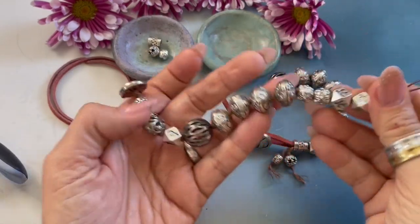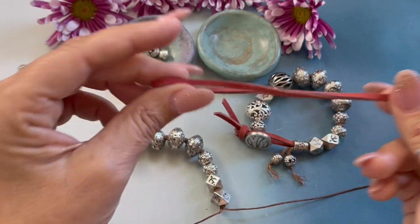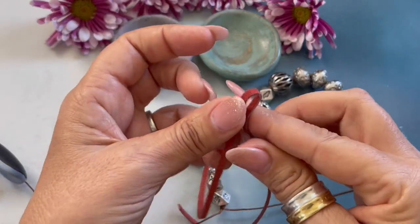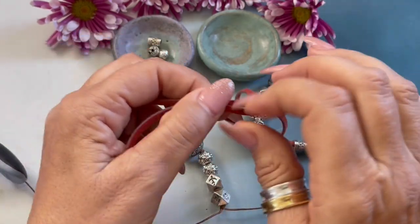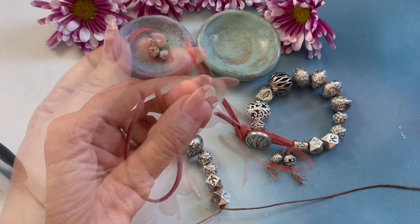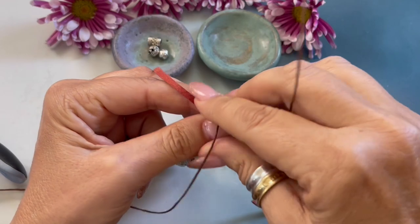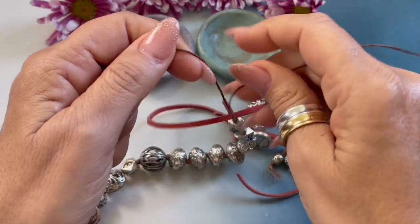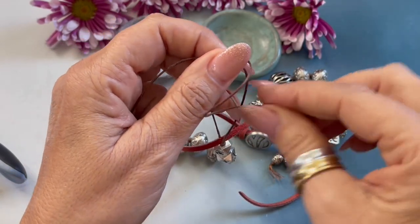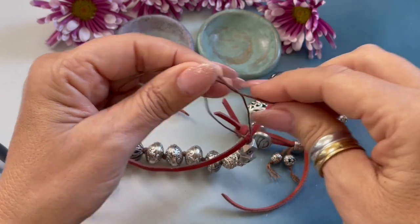I just completed stringing and knotting all of my beads. I just cut a 14-inch length of the suede cording. I cut it a little longer so you can adjust where you're going to attach your knot depending on the wrist size. Finding the center of the suede, we're going to separate the strands, and we're going to come back in and form